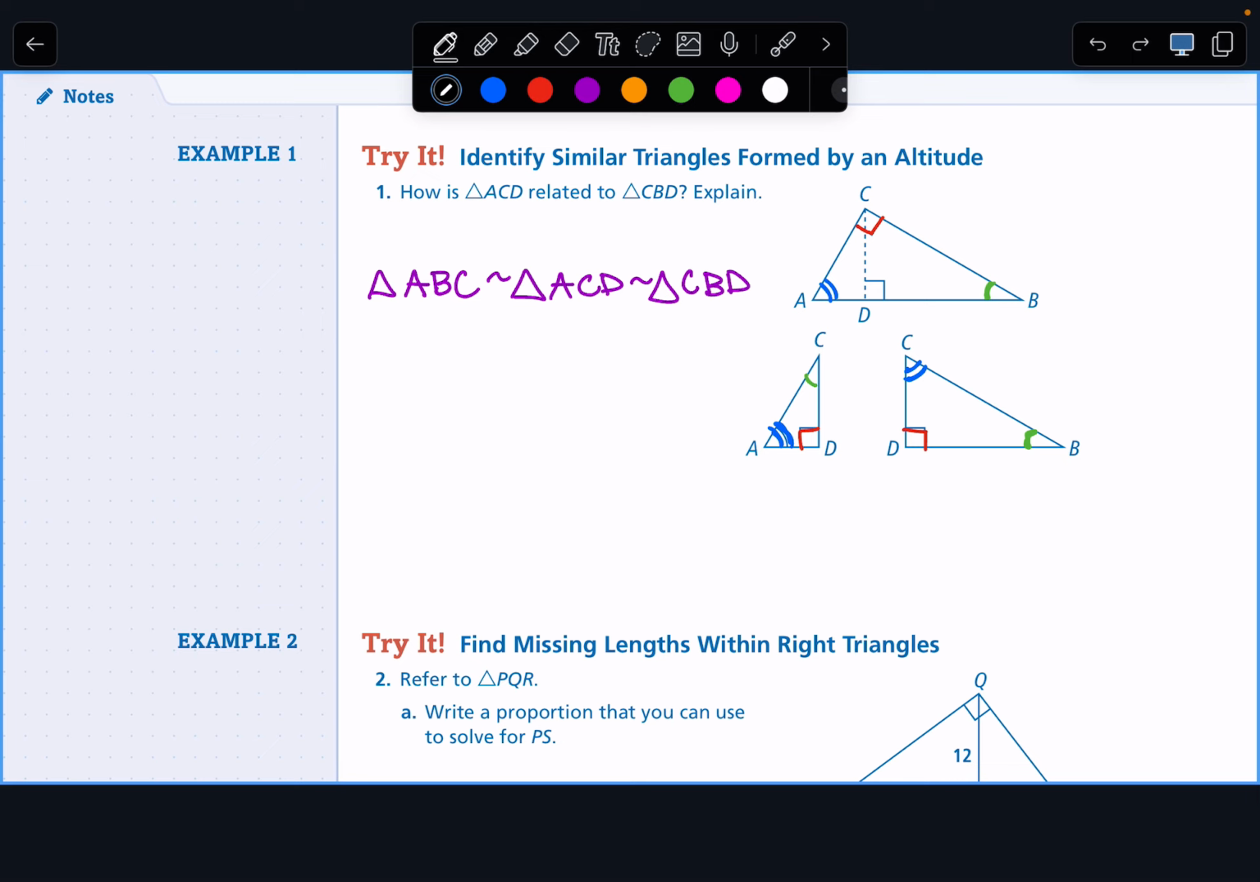So in that little space to the left, I'm going to have you draw this picture. How do you know that angle C equals angle